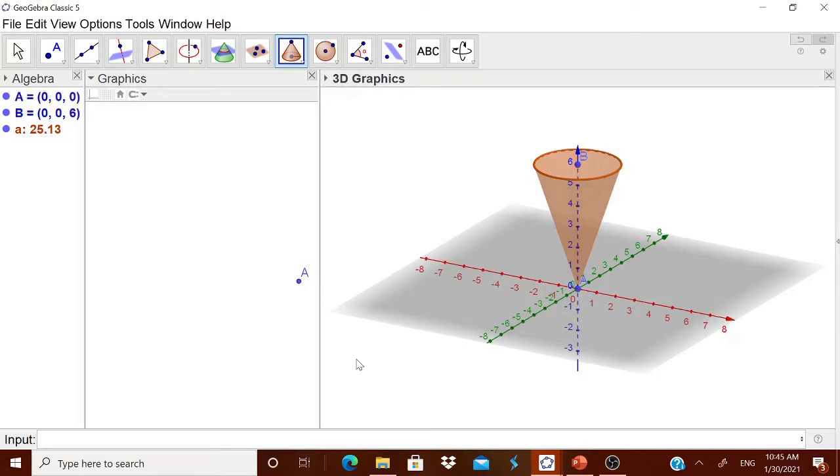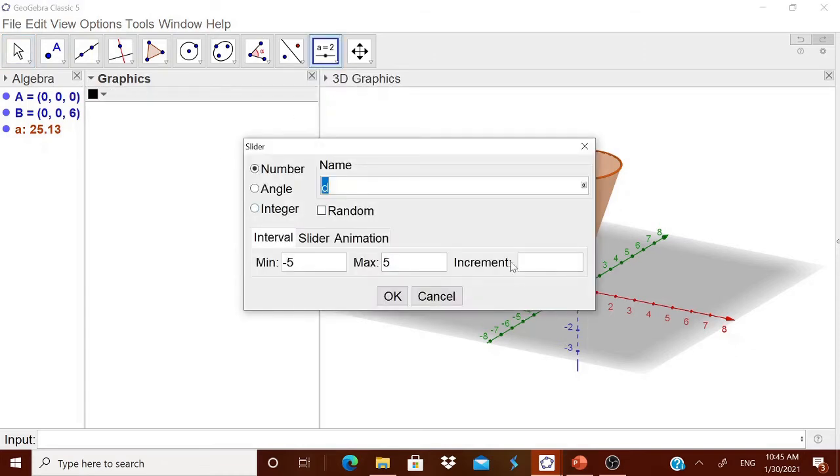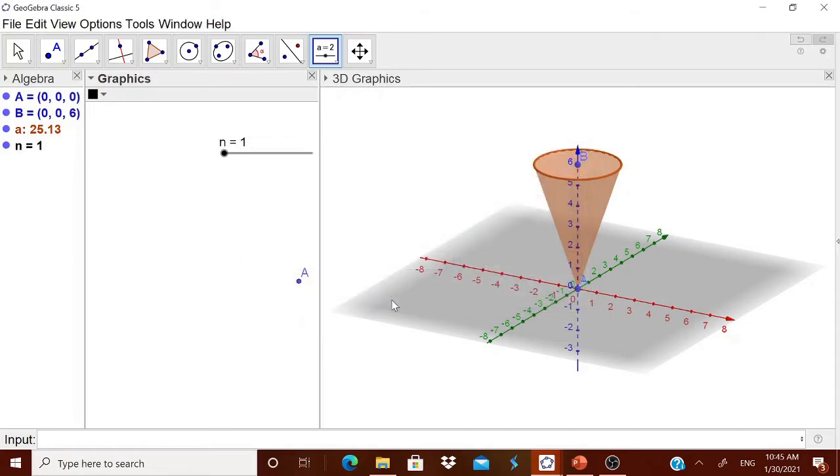Now I want to get another cone, which will be inside this cone, but its height will be going on increasing so that you can visualize the volume. For that, let me go for a slider. That slider you can have as n or anything. You can have an integer also. If it is an integer, it will automatically become n. Therefore, I will take up to 10. Or sorry, it should be up to 6, because there we have taken its height as 6 only. This is okay.